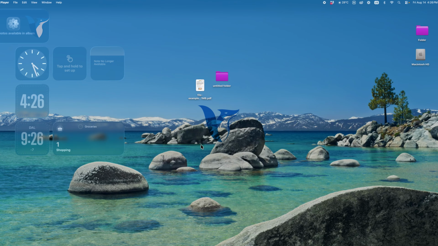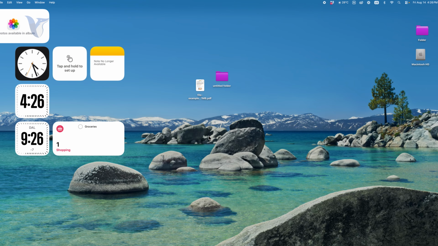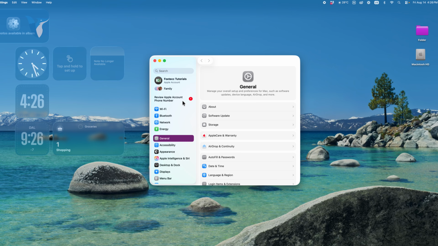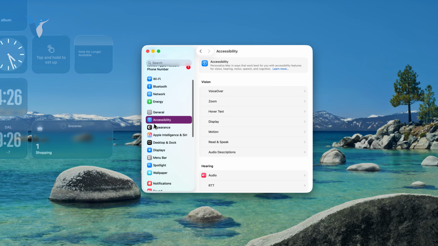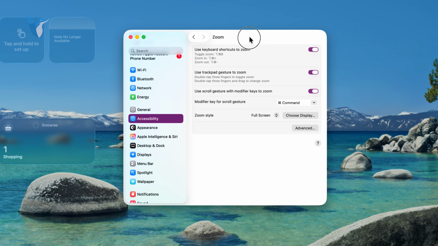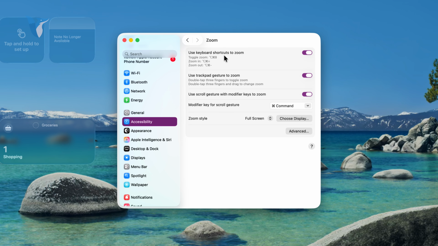Right now, let me show you how you can turn off and stop the automatic zoom feature on your Mac computer. So there are more things you might mean by that. If we go to the Settings app, as part of the Accessibility section, we can find the Zoom feature right in here. And it's possible that you mean the keyboard shortcuts to zoom or even the trackpad or mouse